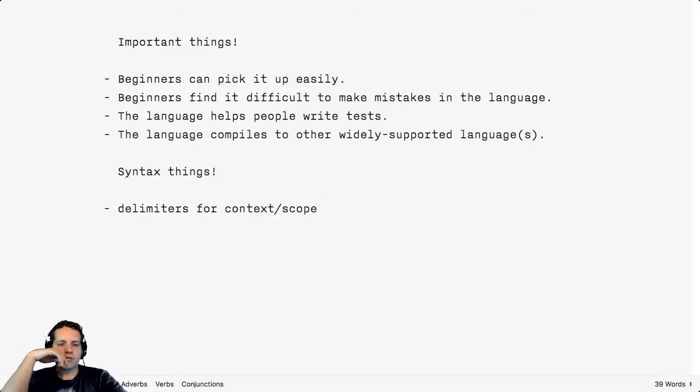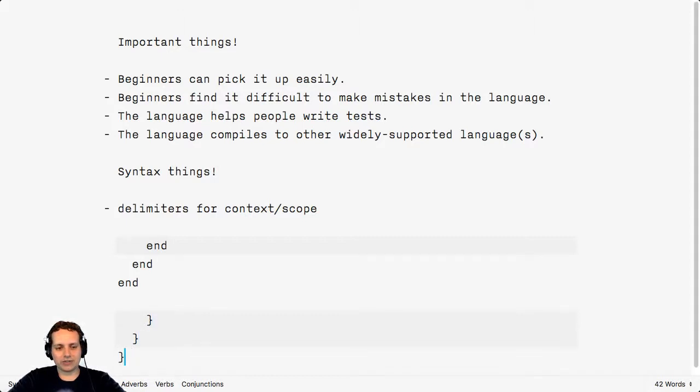Because I write a lot of PHP and a significant amount of JavaScript, I kind of like curly braces. But to be honest, I'm not sold. I think doing delimiters like having end, separated by the level of indentation, is perhaps not as clear versus curly braces as what the proponents of this would have you believe.